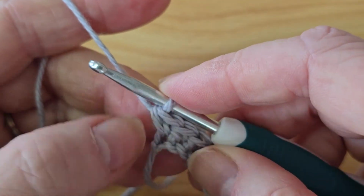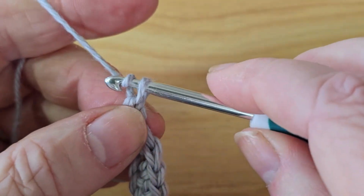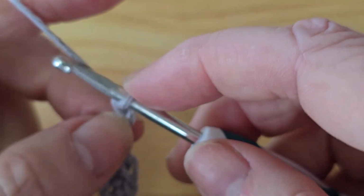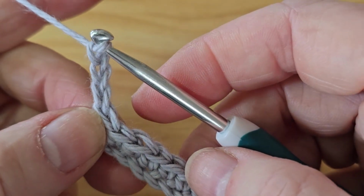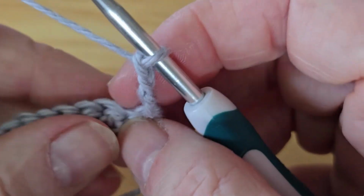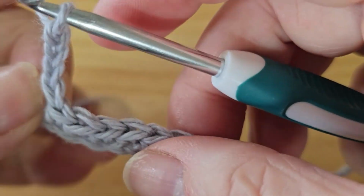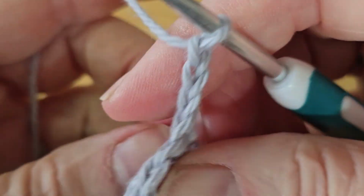Okay? So we're at the end of the row. So now if the next row is going to be double crochets, we're going to chain 3. That would be your most typical instruction, to chain 3. Normally I would chain 2. Then we're going to turn. And when you turn, you want to turn it this way. You don't want to turn it this way, because if you turn it this way, this yarn is in the wrong spot. Let's put it that way. And at other times you would see that easier. So we'll turn it